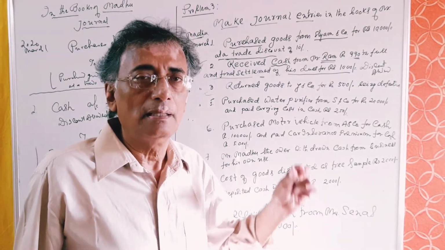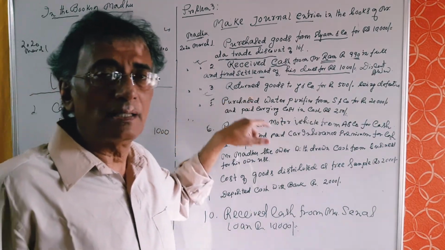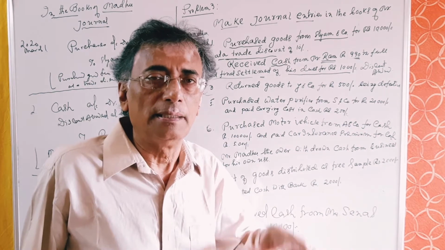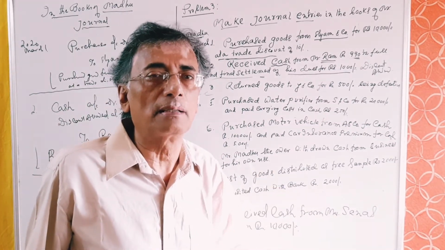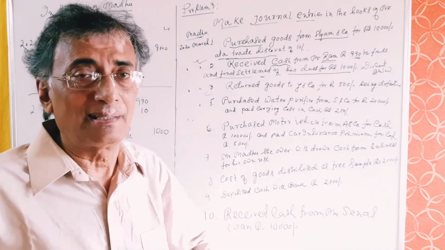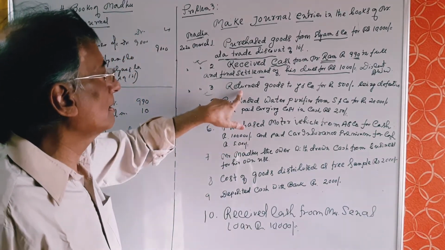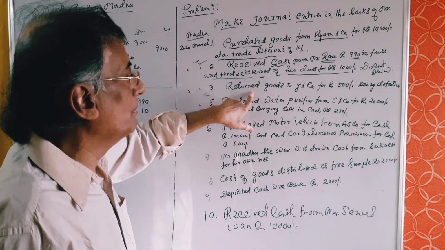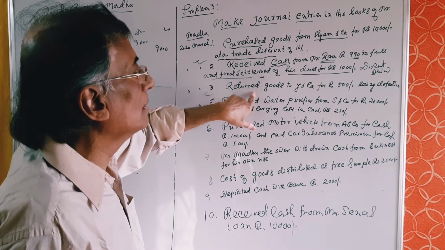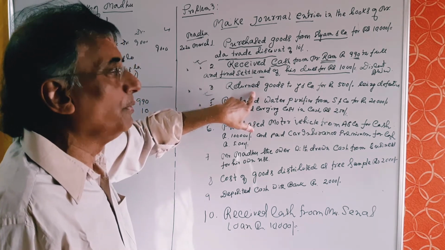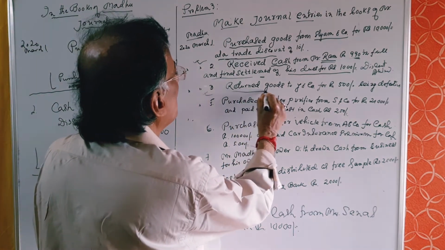So what is the head of account in this case? When we do purchase goods from the supplier, the head of account is purchases. But when we do return goods to the supplier, the head of account will be purchase return account. Now what is the function here in this transaction? The business unit, that is Madhu and company, is returning goods to Y and company for rupees 500. So what are the two accounts involved in this transaction?